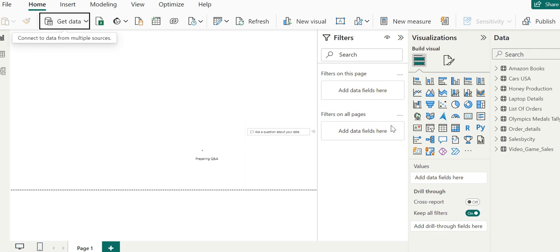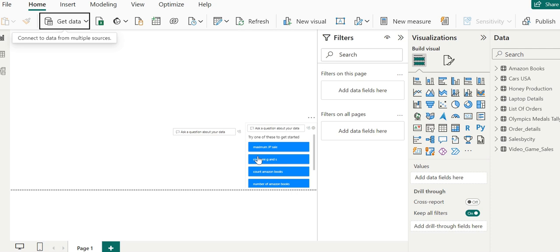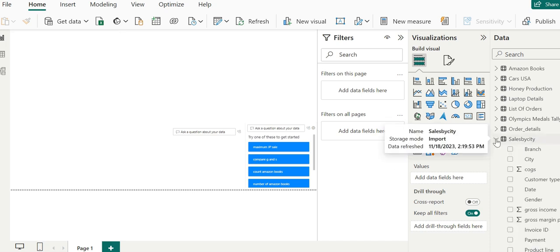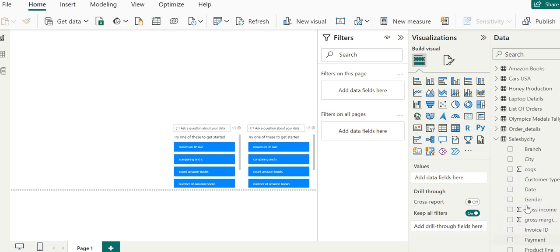You will see the same file, sales by city, has been created here. Once it is done, sales by city is loaded in Power BI with all the changes done in the Power Query editor. And we can see each of the numeric columns can be aggregated here. If we click here, see, all the numeric columns can be aggregated.